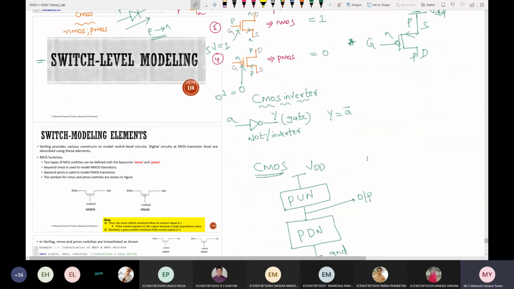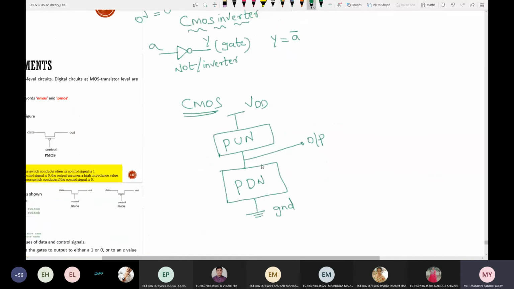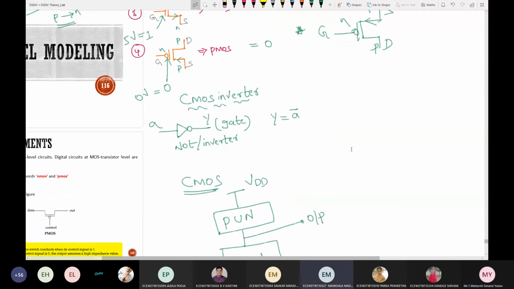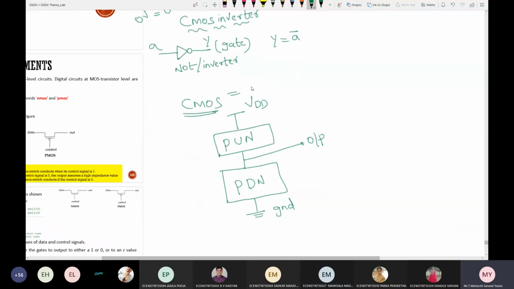Now, based on these two conditions, I'm trying to draw the CMOS for this particular NOT gate. Always remember, CMOS has a pull up network and a pull down network. CMOS is nothing but a combination of NMOS and PMOS. If I combine these two, NMOS and PMOS, it is called CMOS, which is complementary metal oxide semiconductor.